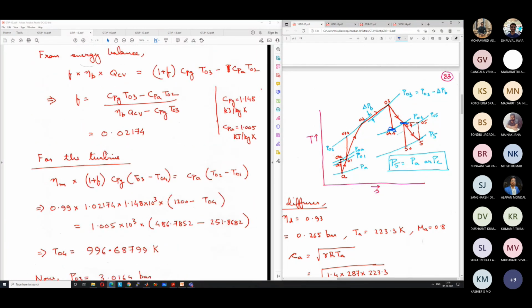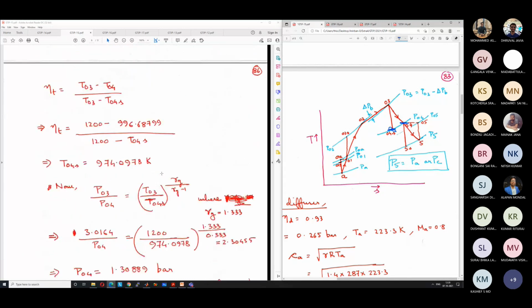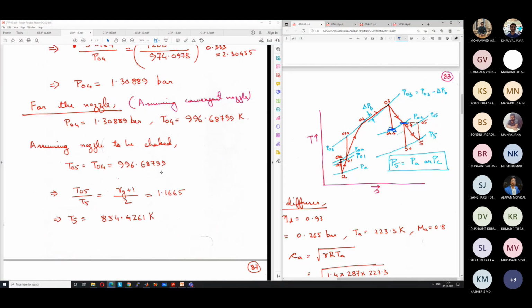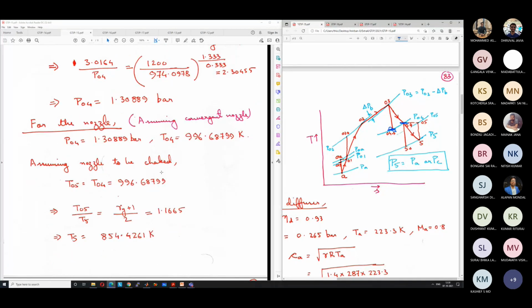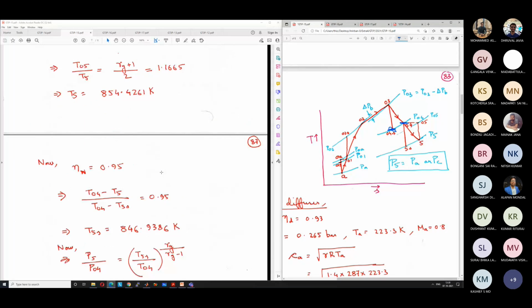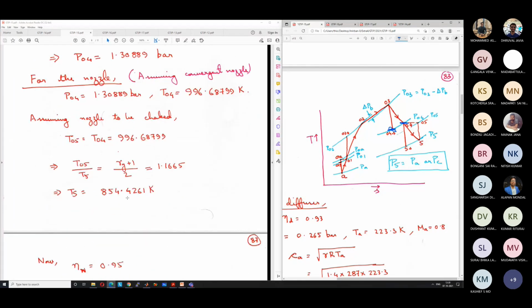For example, consider this. F is equal to 0.02174. If I approximate it to 2 decimal places, it will be 0.02. So there is a huge difference between 0.02 and 0.02174. The difference is more than 8%, 8.5%. So we should go to at least 4 or 5 decimals, at least 4 significant decimal places, while solving the problem. The small things also matter in actual design calculations, because errors will add up and ultimately you will see that there is a 2-3% difference in the final result.